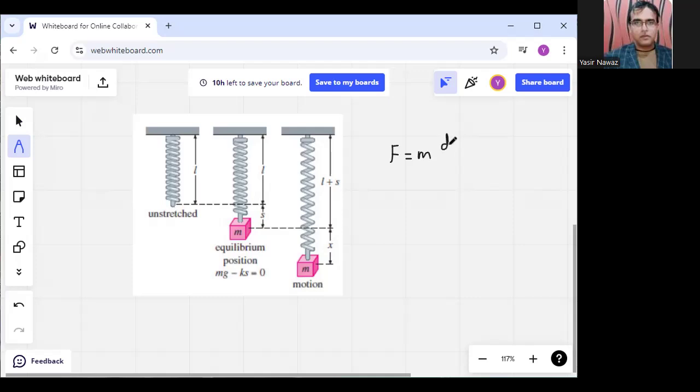The acceleration can be written as d square x over dt square. So because of Newton's second law, I write it in the form m d square x over dt square,